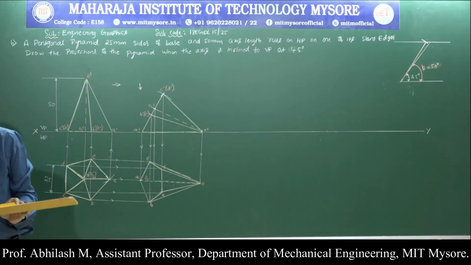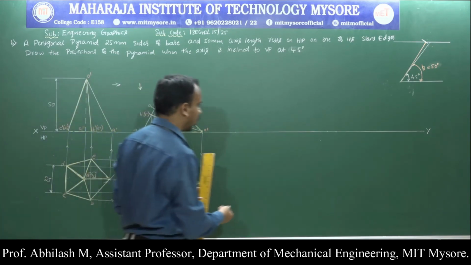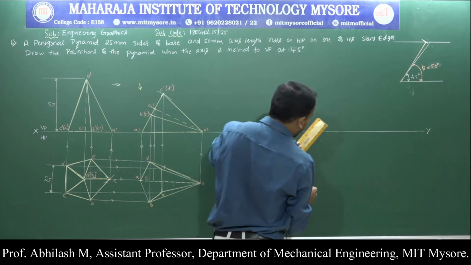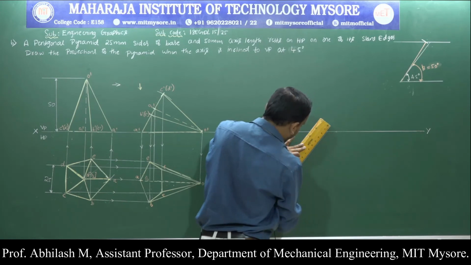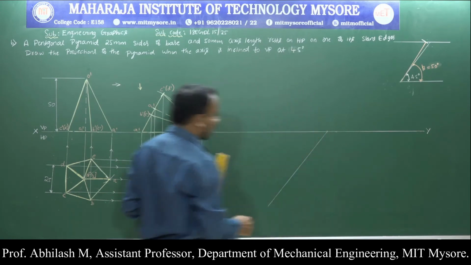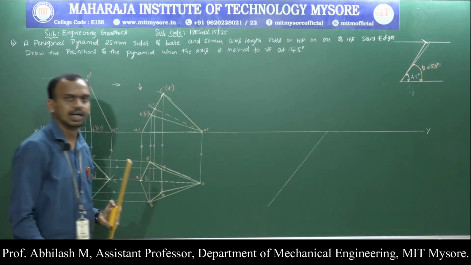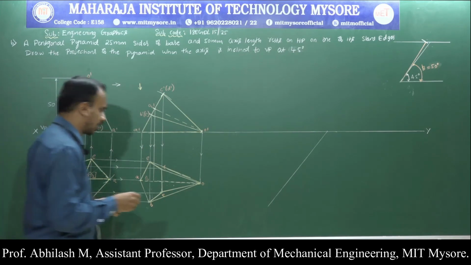So let us begin with the final position of the problem. Let us identify a point anywhere here, and draw a line which is inclined at an angle of 50 degrees, so that we are supposed to transfer the entire second position on that particular line. So how to do that? Again, we are supposed to follow the very known method, which is the arc method.